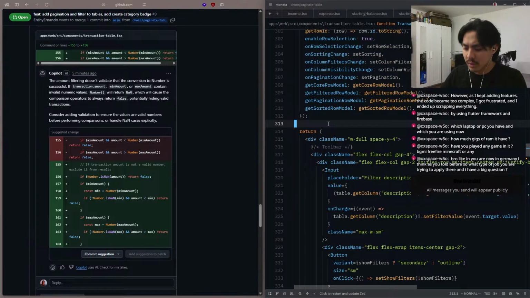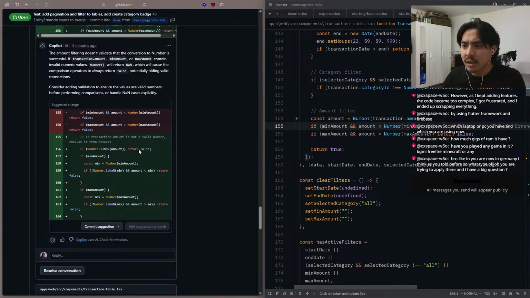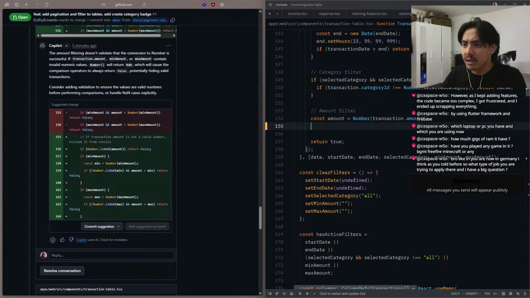Transaction table, 155. Okay, so we need to add if min amount. Okay, we can just delete this and